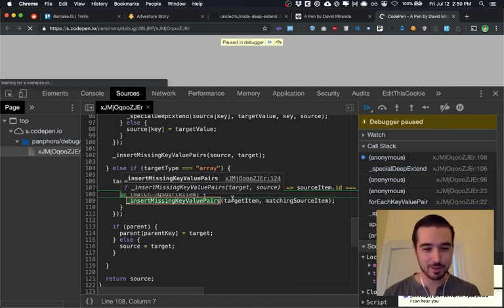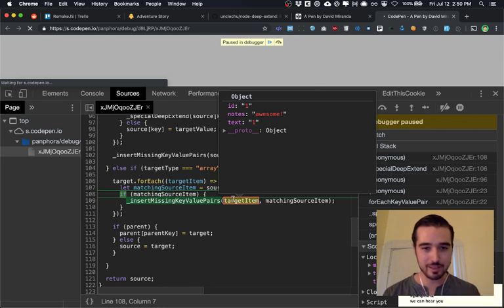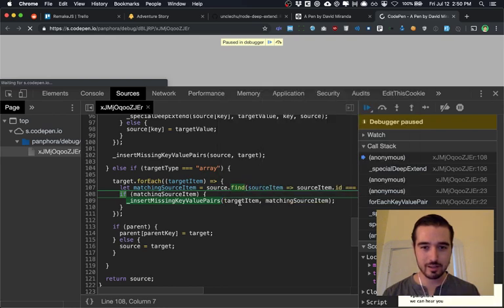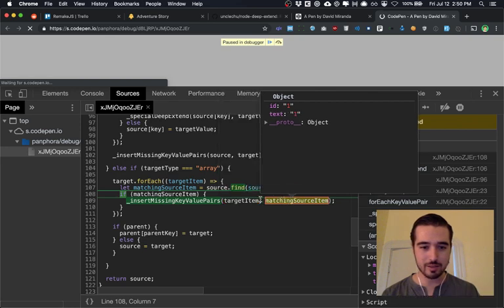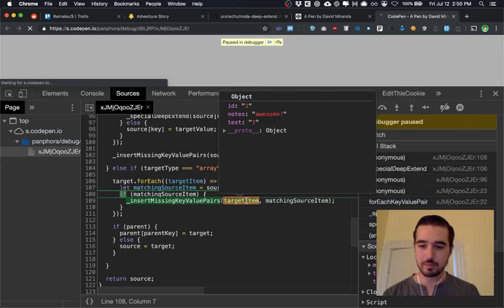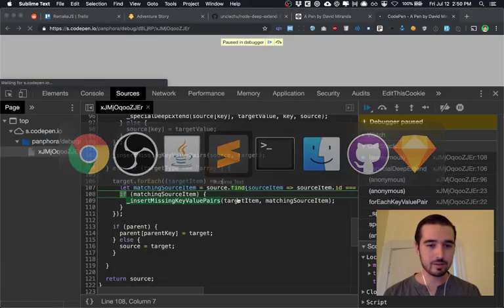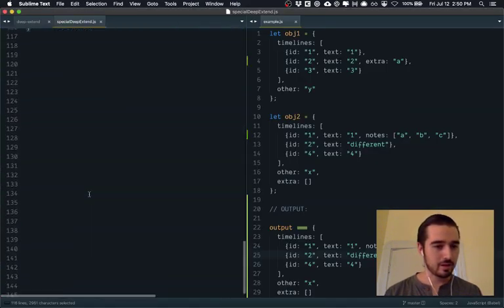Okay, so we're going to insert missing keys for the target and the matching source item. So that means that I think... Wait, let's go to our main code. So if we go down here,